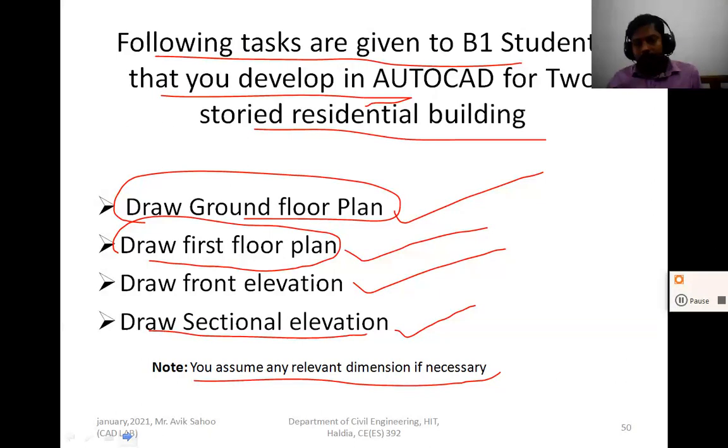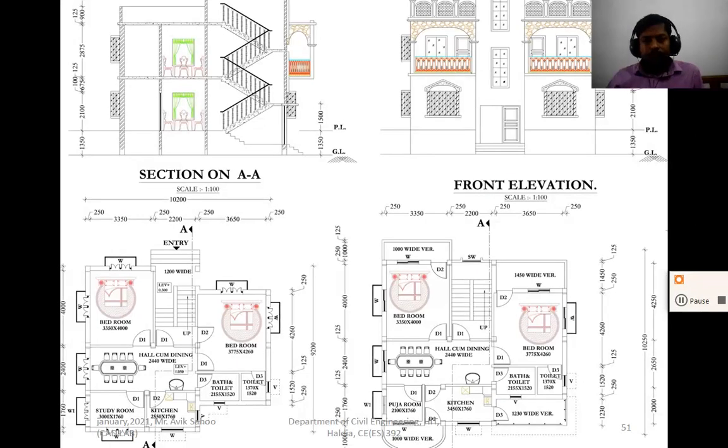That you have to positively submit at the end of February. So this is a sectional elevation that I have given, the ground floor plan, front elevation. Take the scale 1:100. So this architectural component means this is a bedroom, and this is the position of the bed. And this is a dining space, and here the dining tables are placed.